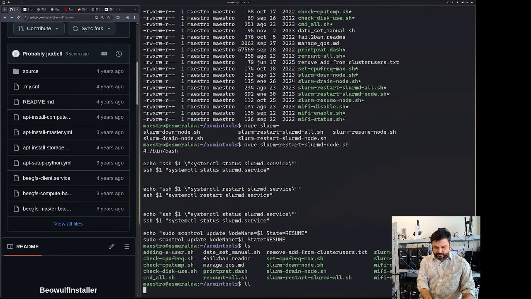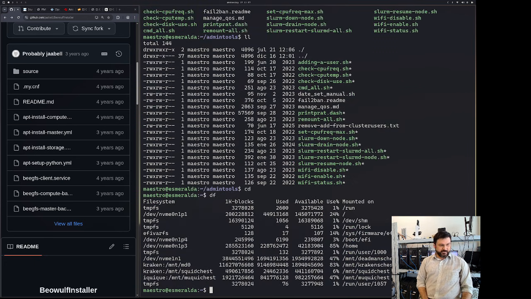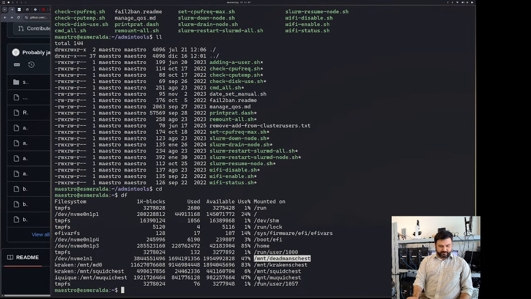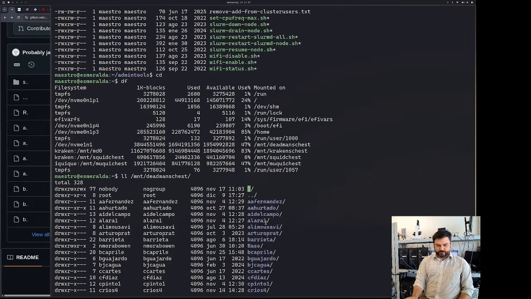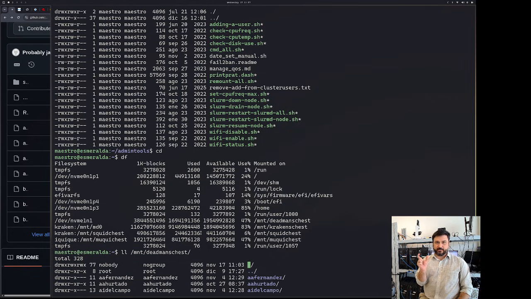The other one I use here, I often have to mount stuff. Okay, let me show you the file system. So this is what the file system looks like currently on Esmeralda. So we have Dead Man's Chest. Dead Man's Chest is where all my users are located. So my home folder, if I take a look there, everyone's folder is set up to be running there. Dead Man's Chest is a fast M.2, it's a 4 terabyte M.2 drive that is located on Esmeralda. So all home folders are on Esmeralda, but they are shared to the login node, to the compute node, sorry,